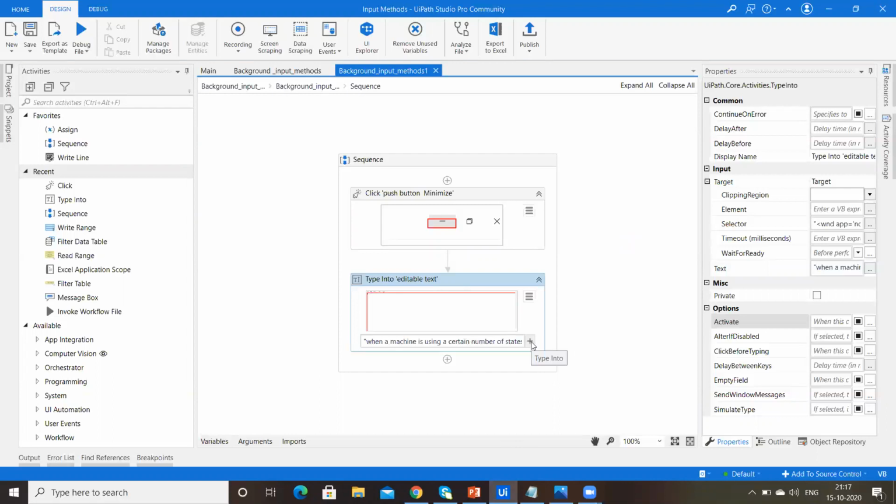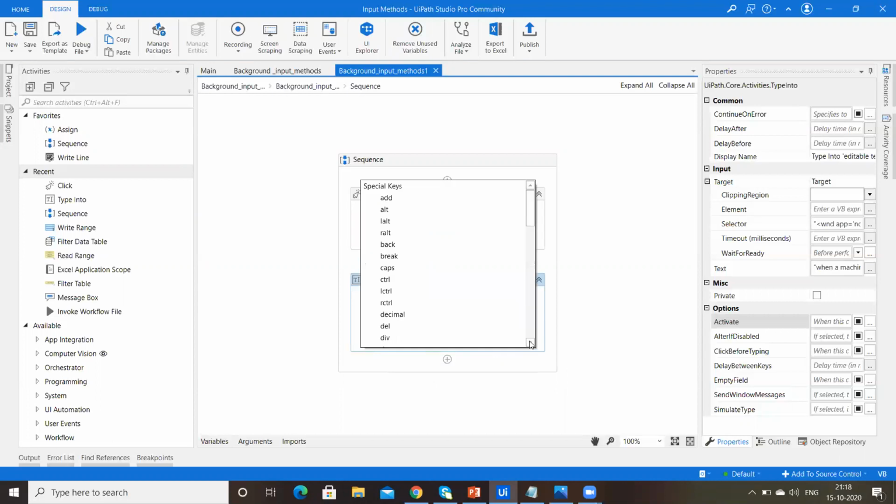So here, if hotkeys are supported, what happens is first it will type all this method, then it presses enter, then it will type this, and it supports hotkeys. Here just select enter,